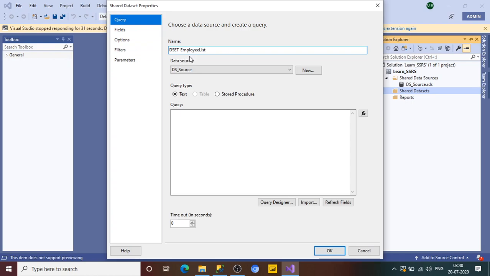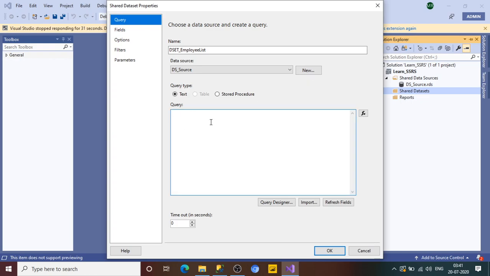So this is my shared dataset and it is asking which data source. By default, the shared dataset uses the shared data sources. But if you have more than one data source, you will find those options in this drop down, or if you want to create a new data source on the go, you can create one with the help of the New button.